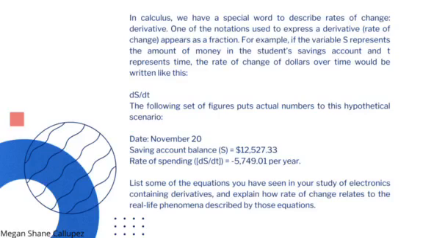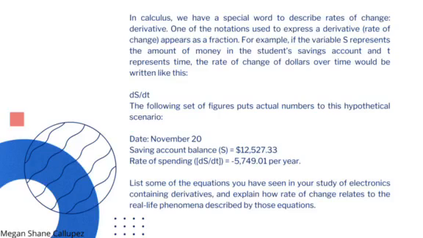The following set of figures puts actual numbers to this hypothetical scenario. Date: November 20. Savings account balance: $12,527.33. Rate of spending, ds over dt: negative $5,749.01 per year. List some of the equations you have seen in your study of electronics containing derivatives, and explain